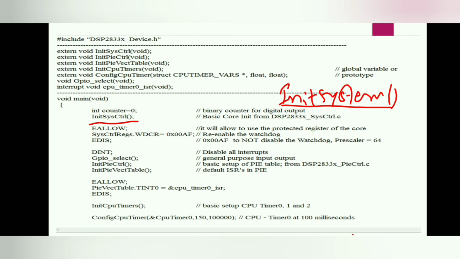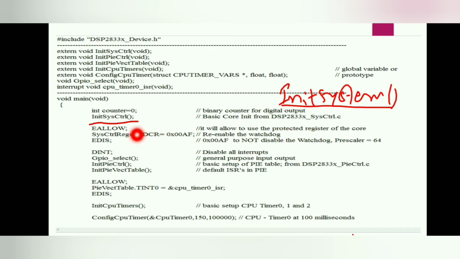So before doing this one, we need to link some files to our project. These system control registers will come from this link. This is the linking files which we are going to link in this project. This linking I'm not going to explain here. How do we link the files to our project? Okay, later we will talk in detail.